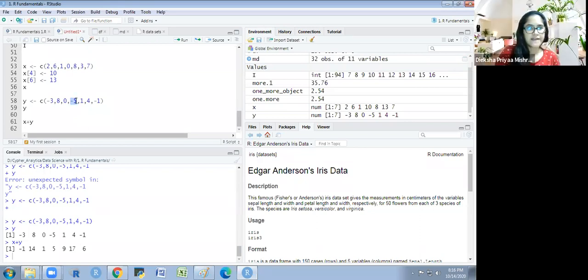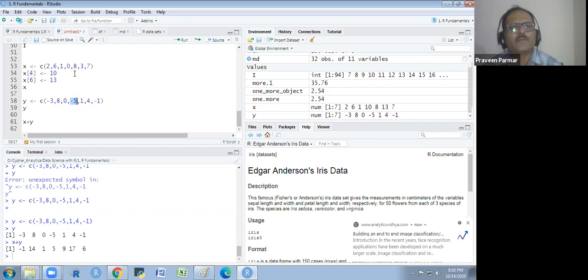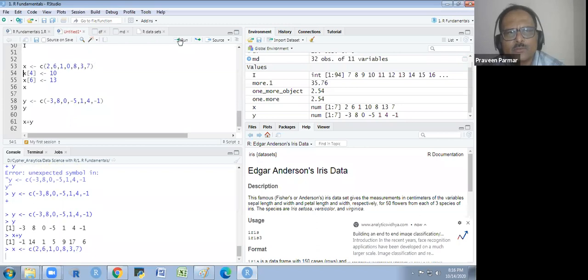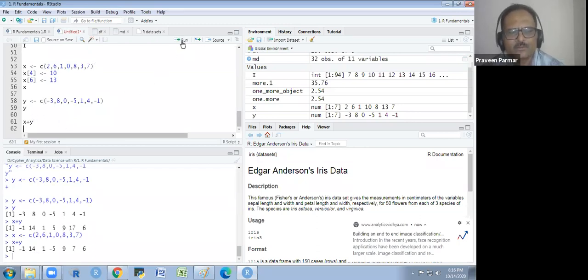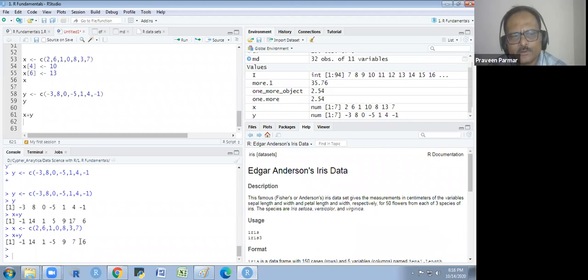Sir, the 10 now, because we have changed the value. Oh, 10. Yeah, we have changed it. I am reading that one. Correct. So we have changed it. I run this again, so we could not be confused. Okay. So it is like that. We are getting now here minus 5, because 0 minus 5 is minus 5. And 8 plus 1 is 9. And 3 plus 4 is 7. And 7 minus 1 is 6.